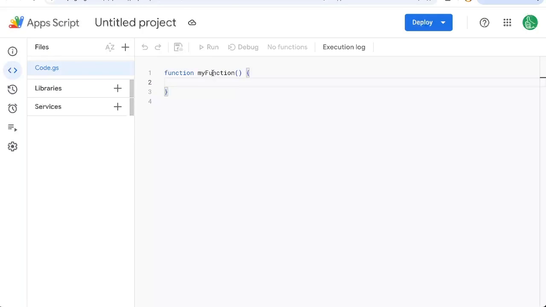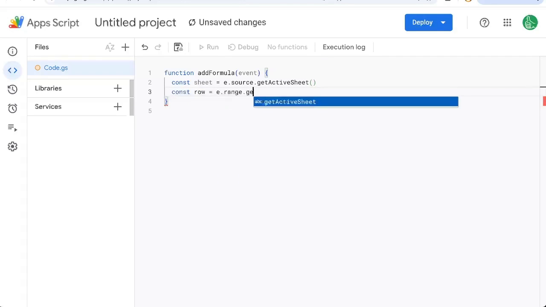So we're going to do this in 2 parts. We're going to create the function, and then we're going to create the trigger that connects it to the form. So first, let's create a function, addFormula, and we'll need an event here. This is a variable that holds some information about what form entries are being added and where they are. So we'll say const sheet equals e.source.getActiveSheet, const row equals e.range.getRow, and we'll put in a formula called